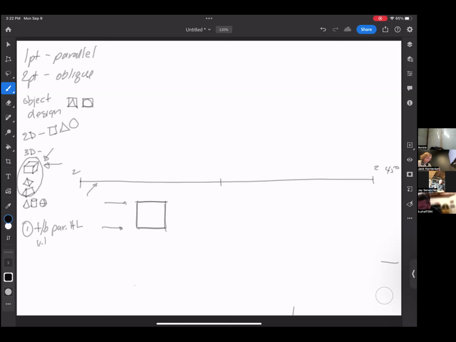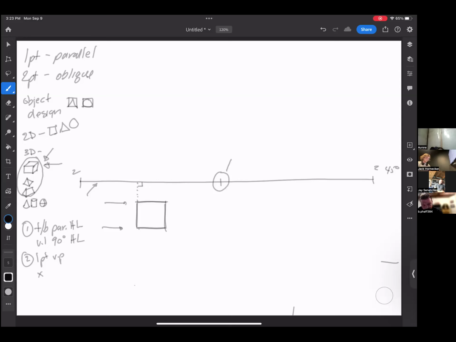Your vertical lines will be 90 degrees to the horizon line, always and forever and ever. Right, so if I drag that line up, that's running at 90 degrees to the horizon line, perpendicular. Second step, you will only have one vanishing point. That one vanishing point will only and always be this one.